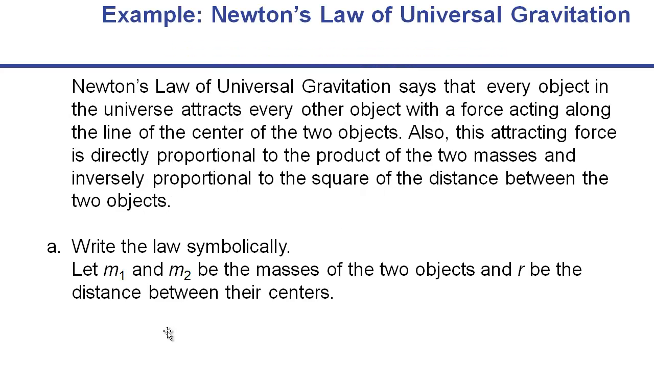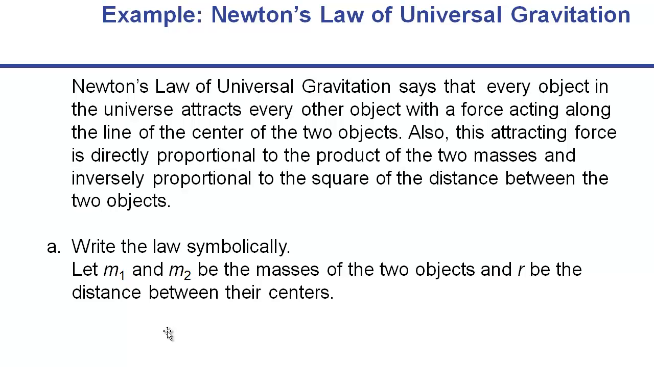Here's an example with Newton's law of universal gravitation. If you don't know the law of gravity or the constant of gravity that we have on the earth, you'll see how we derive it using this formula. Okay, we know that Newton's law of universal gravitation tells us that every object in the universe